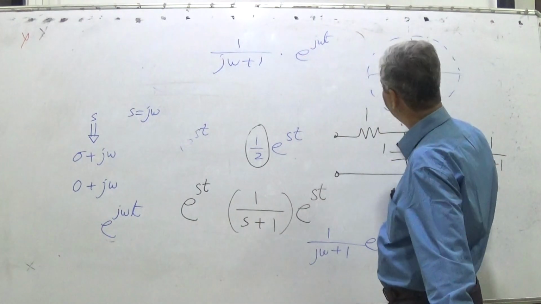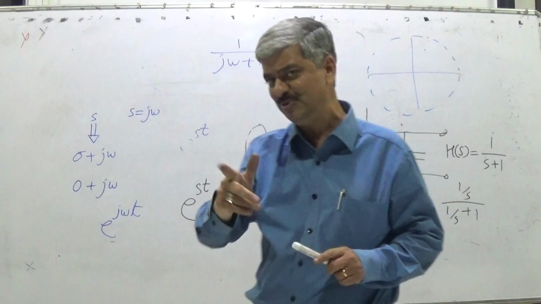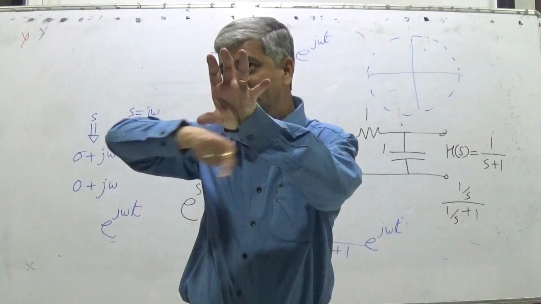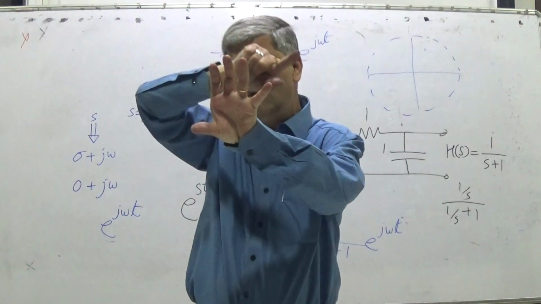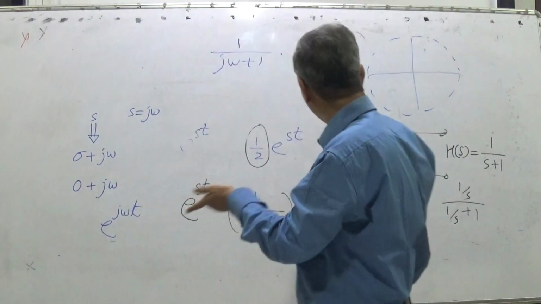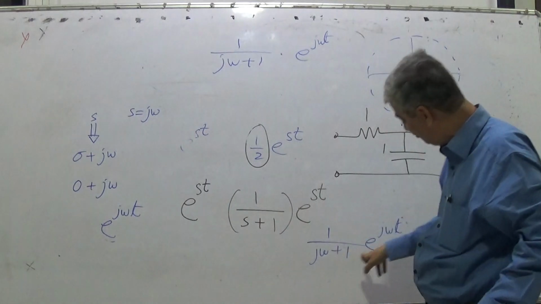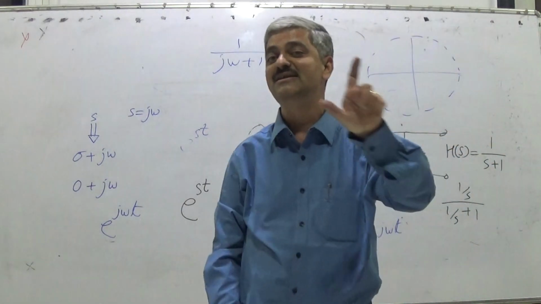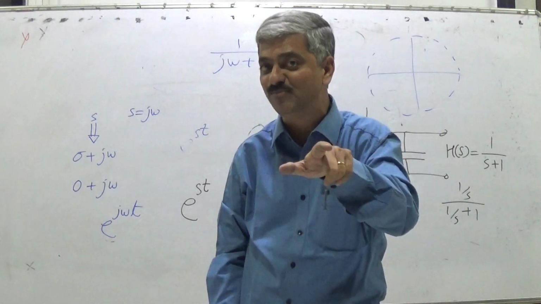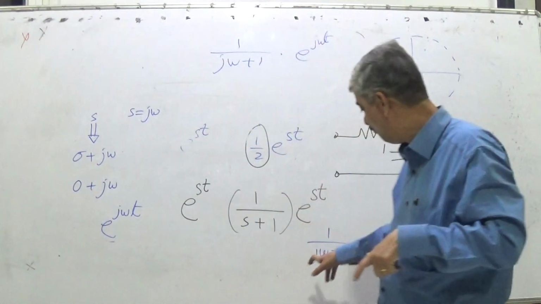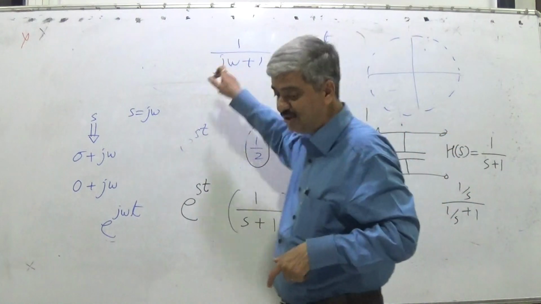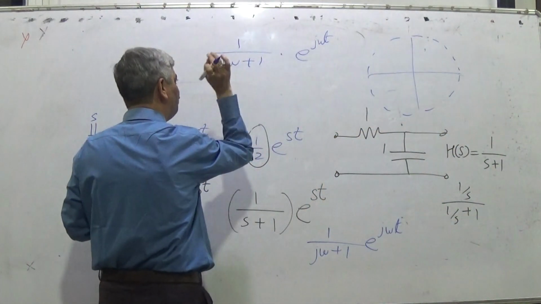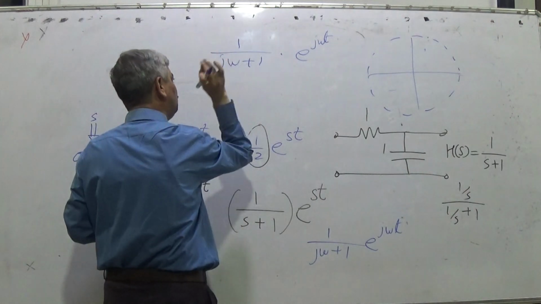It's a rotating point. Just remember, everything is hypothetical. It's a very interesting one. If a rotating point is applied as input, what will be the output? Output will also be something into e raised to j omega t. So output will also be a rotating point, but what rotating point? That depends upon 1 upon j omega plus 1. Nothing is to be put into the denominator which includes j.